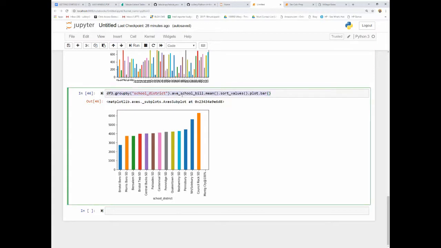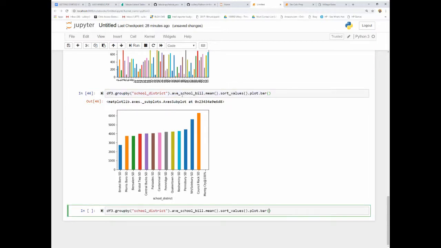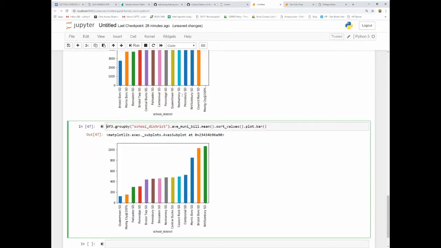Let's see here. Let's compare this one. I'm doing the average school bill. Let's do the average muni bill. I'm going to zoom out a little bit here. Okay, let's see here. So, as far as the municipal bills that communities in those school districts pay, it looks like New Hope Solebury, which is right here, second on the school district, is the highest for property taxes and for